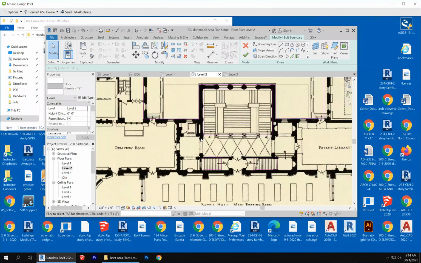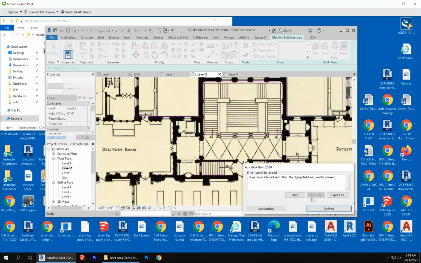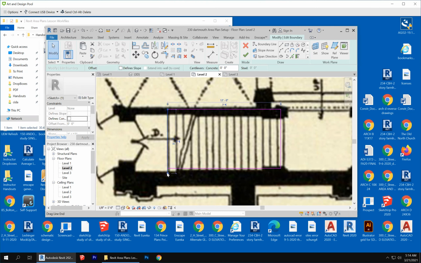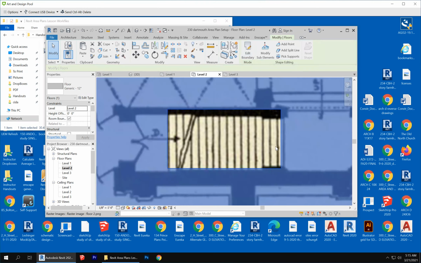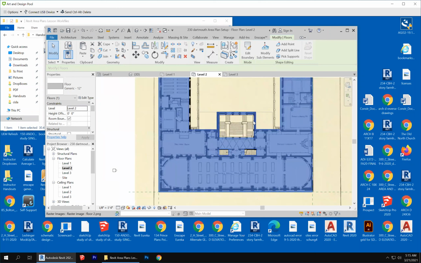I think that's done. Lines can't intersect. When you get that, say show. When you click on show, it shows you in orange what you need to fix. Let's try again. Okay,